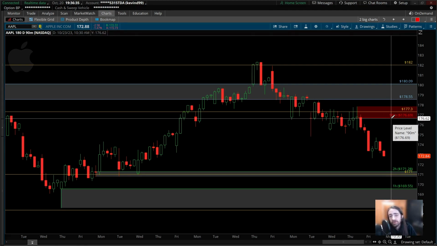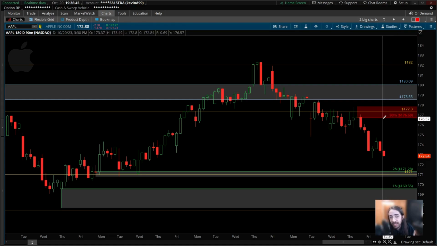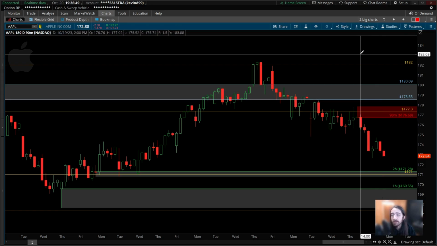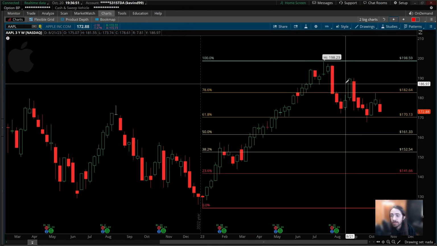So that would be a huge trade. It'd be about a $5 move on Apple, which is fantastic. And again, this could be a potential swing trade if buyers really want to step in here. However, I would be careful swing trading a long position or calls compared to a short position, because look how